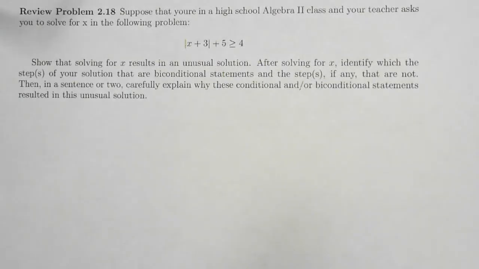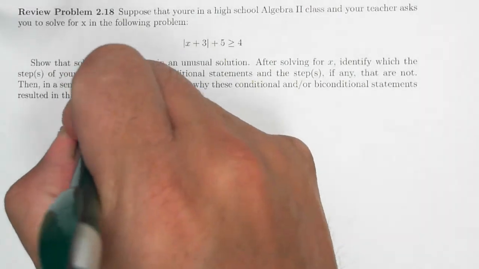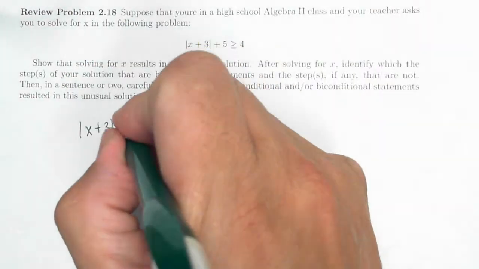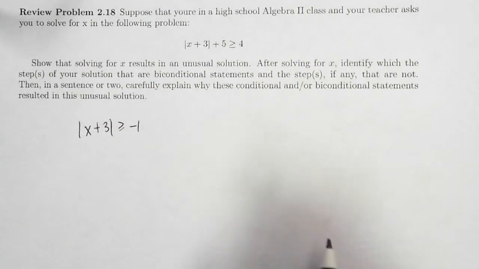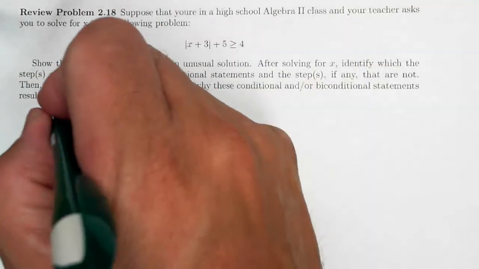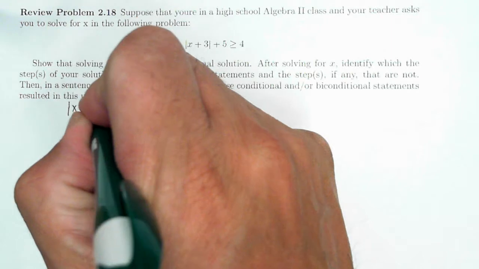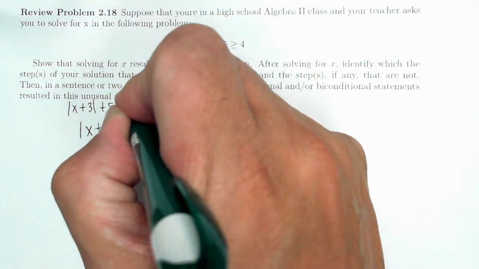All right, let's take a look at this last problem and solve for x. Absolute value of x plus 3 plus 5 is greater than or equal to 4. So solving for x, we have absolute value of x plus 3 is greater than or equal to negative 1. So if I started with absolute value of x plus 3 plus 5 is greater than or equal to 4,